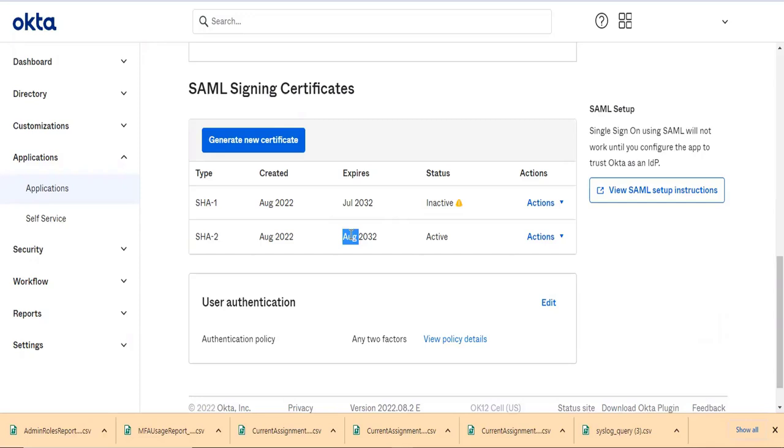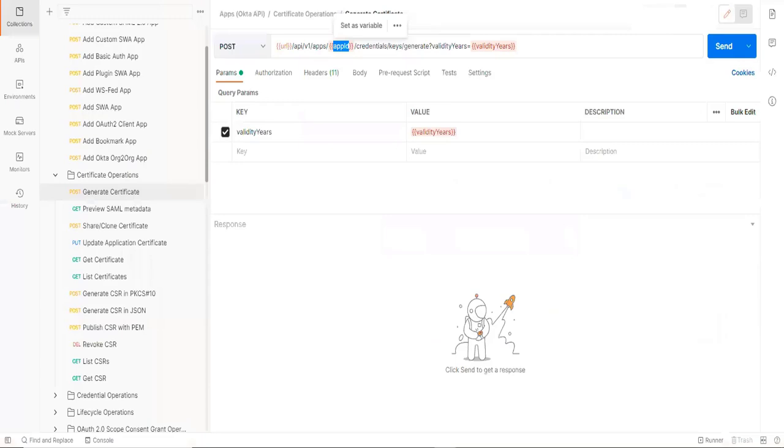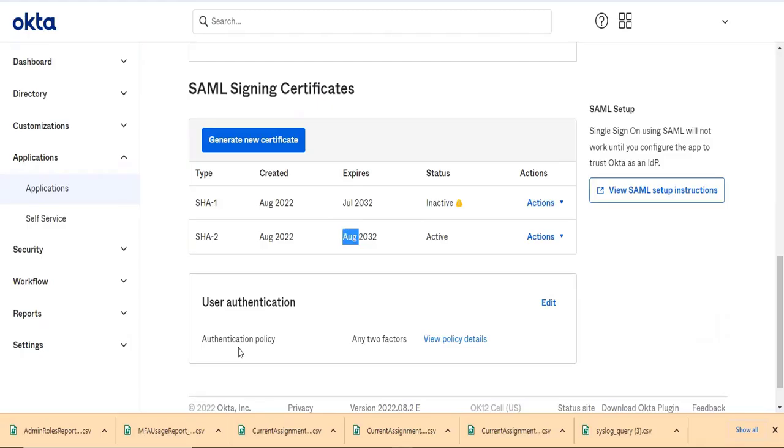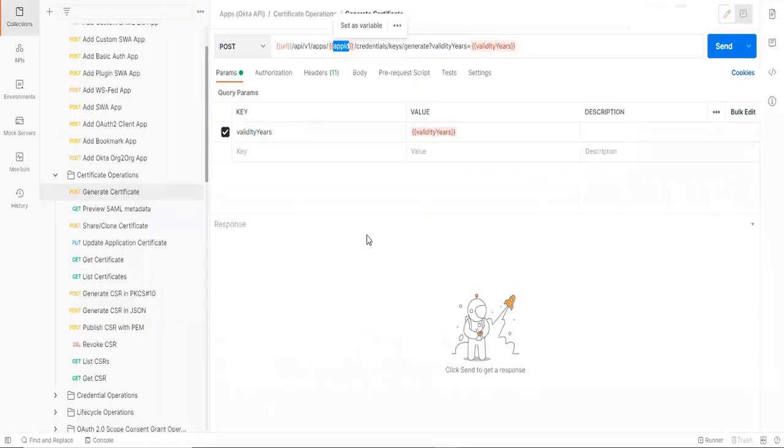But one should be an active, one should be an inactive. Okay, I got it. Okay, some reason should be there. Okay, so, and let's say you want to do this only for the 2 years, or how many years we wanted. We can keep it in API. Yeah, you can do it for whatever years you want.